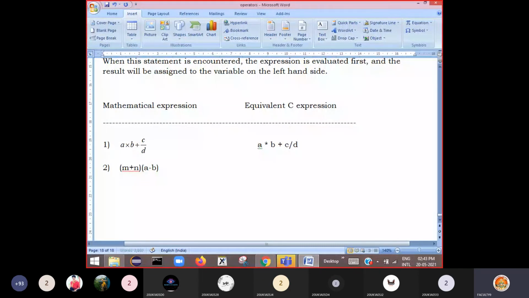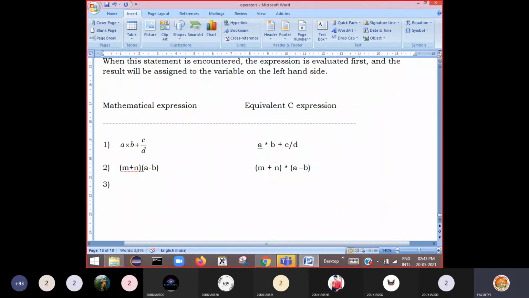That means here you should write M plus N, and here you have to add the star symbol explicitly, because the computer does not know that just by writing parentheses it is a multiplication operation. You have to explicitly write that multiplication symbol there. Then A minus B. Clear? This is the equivalent C expression.